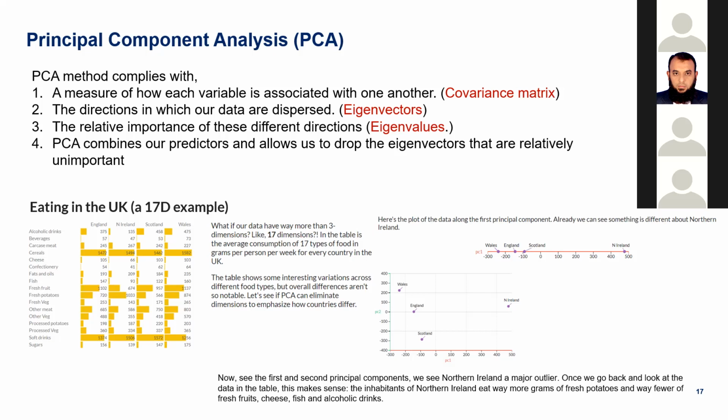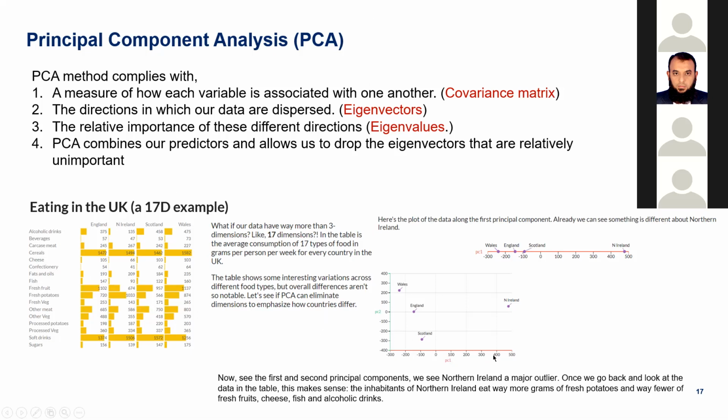And when we get the two principal components, in this case let me give an example here, this example data is showing the England, Northern Ireland, Scotland and Wales, their food habit, who consumes which type of food more, based on that this is a frequency table. Now if you want to display, since here there are many categories and four regions, we will not be able to plot in a two-dimensional plot. The only way we can do it, we can get the principal components of those data and represent like this